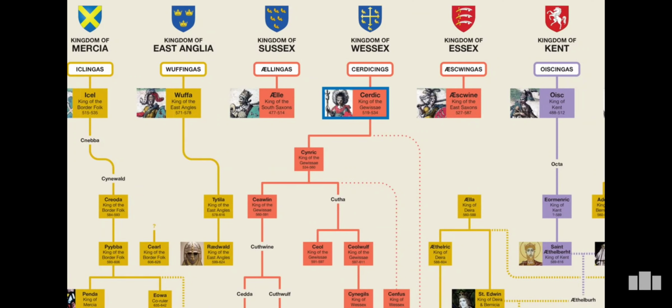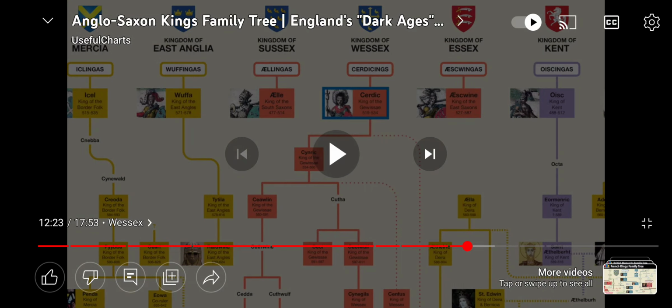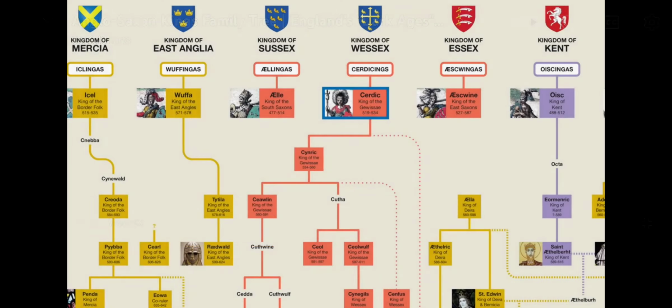However, keep in mind that during the lifetime of Cerdic, the Kingdom of Wessex didn't actually exist yet. In fact, it didn't exist for quite a while afterwards, and he tried to create it but couldn't. He might not even have considered himself a king. Instead, he was probably simply a tribal leader, his tribe being known as the Gewisse.